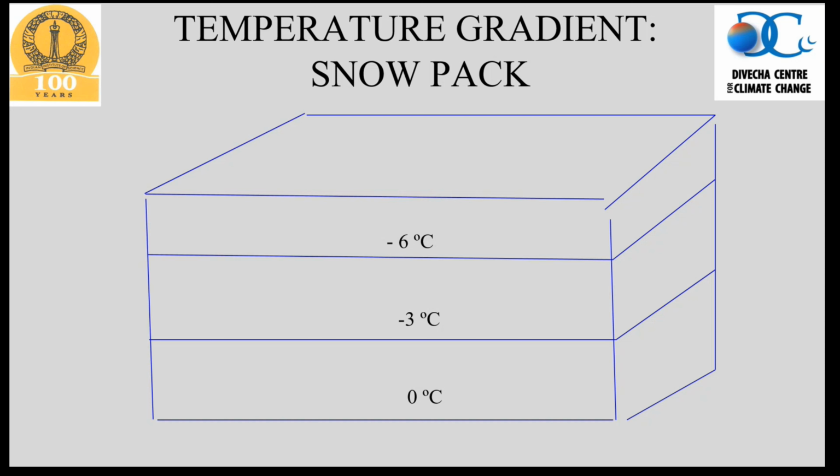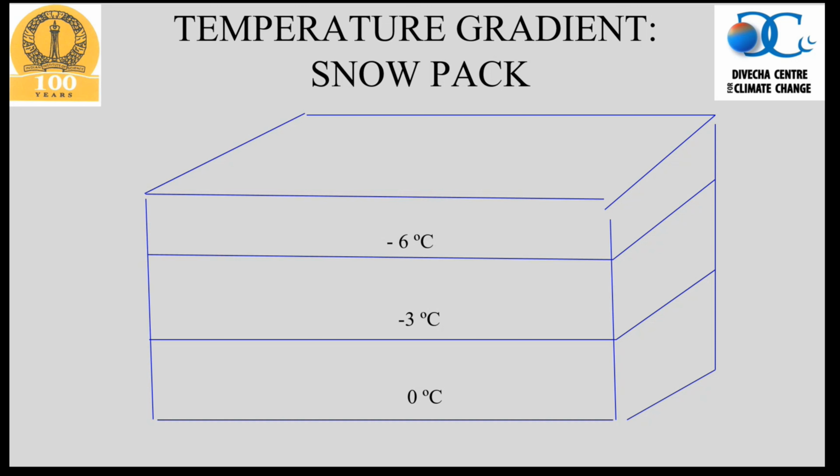If atmospheric temperature is minus 10 degrees Celsius, then the first layer of snow could be around minus 6 degrees Celsius, then minus 3 degrees Celsius, you can see here. And as you move down below the snowpack, the temperature of snow significantly changes. And when it comes to the interface between the land and snow, the temperature of snow is 0 degrees Celsius. And because of that, there's a temperature gradient inside the snowpack. And because of the temperature gradient, there is a change in the shape of